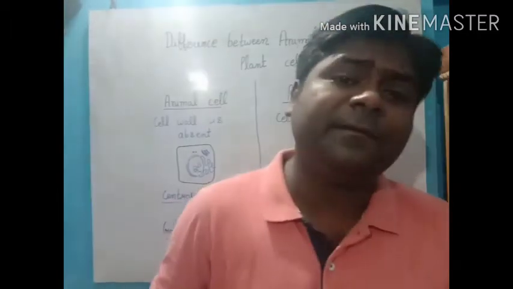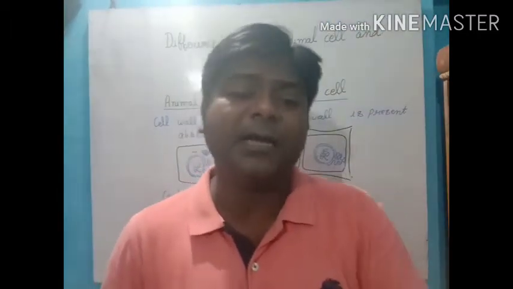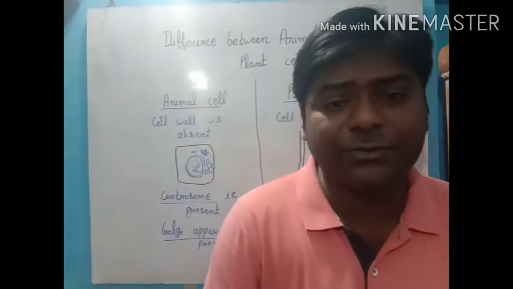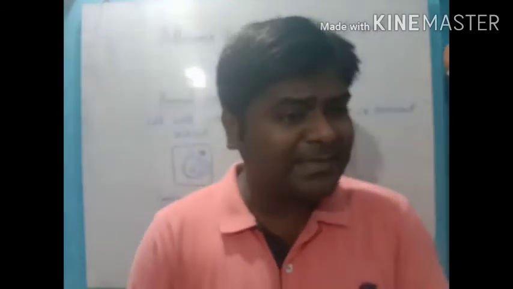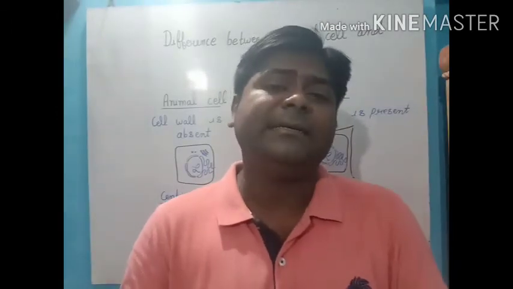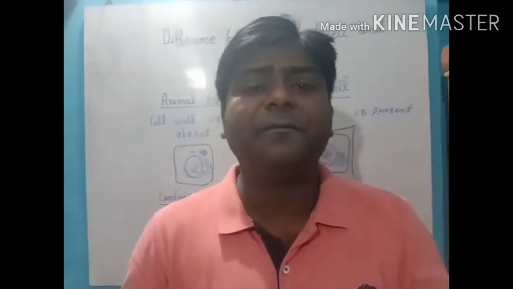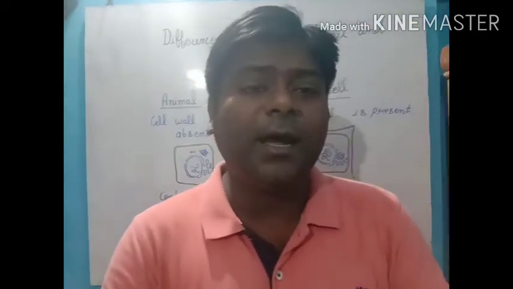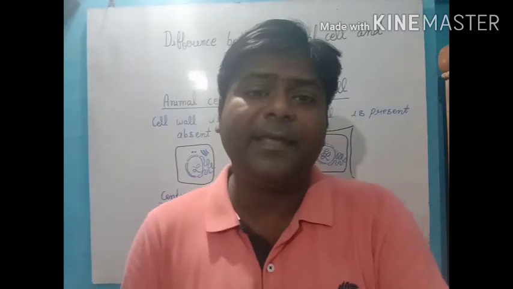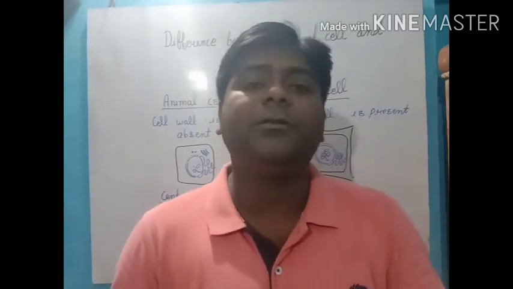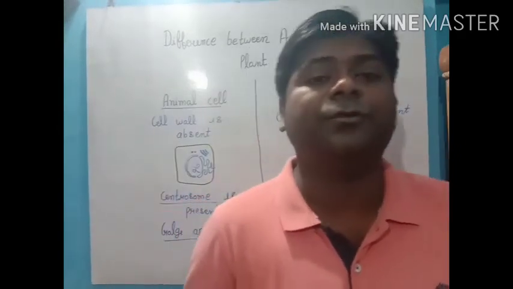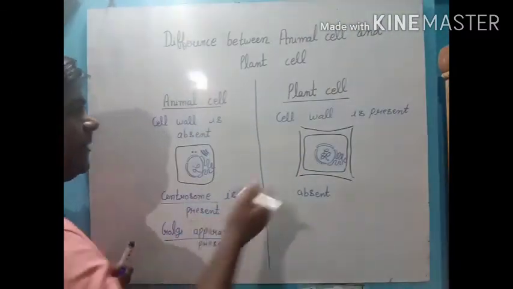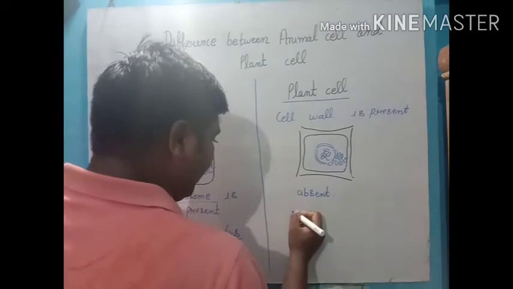And in the case of the plant cell, we will not have a prominent structure of the Golgi apparatus. It is scattered and it is very tough to distinguish. That's why we have a different term for that one, that is dictyosome. What are we calling it? Dictyosome. Golgi apparatus is absent here.